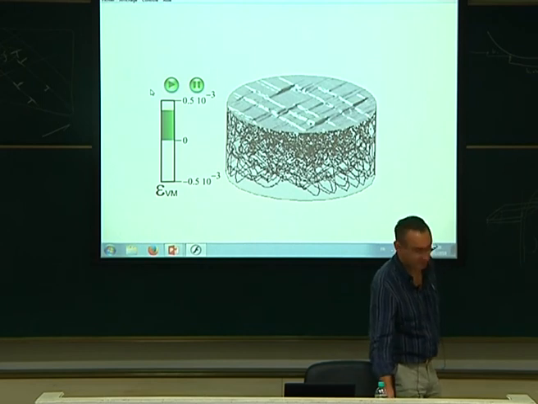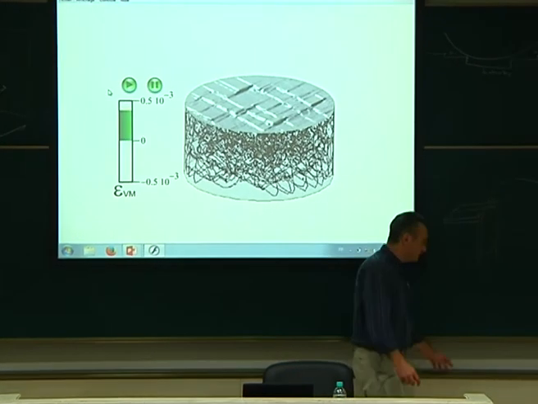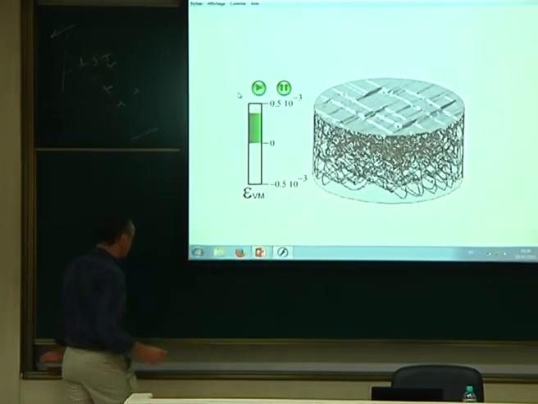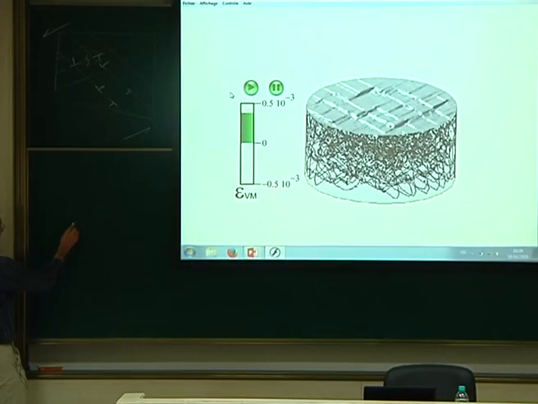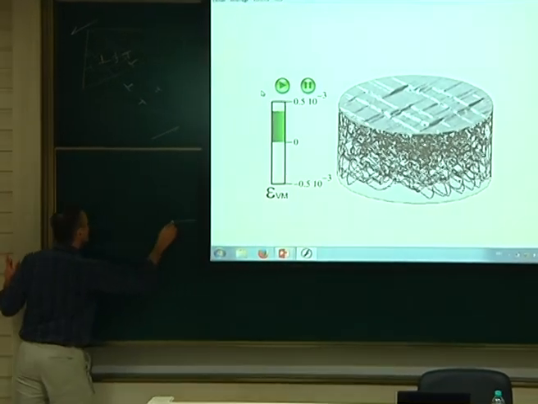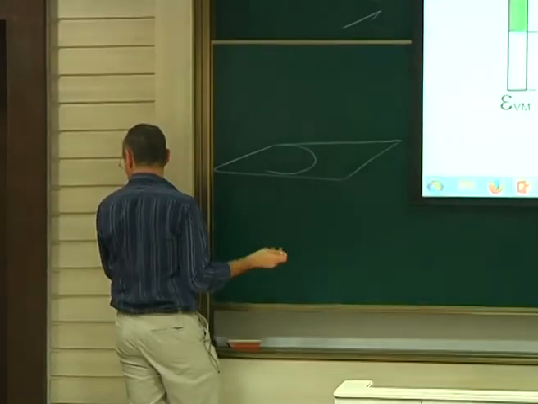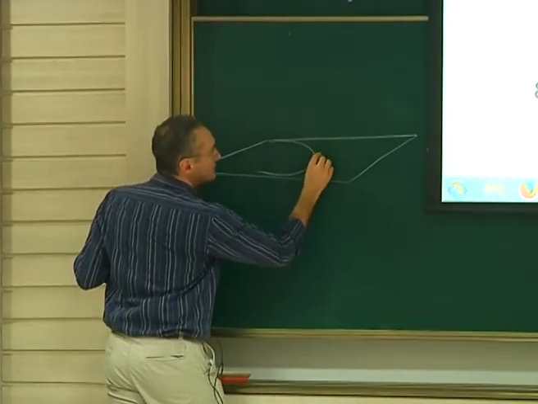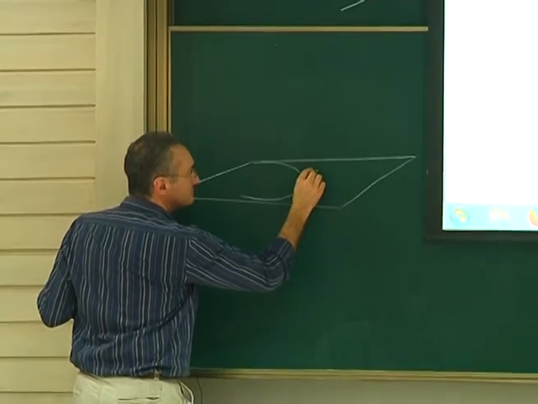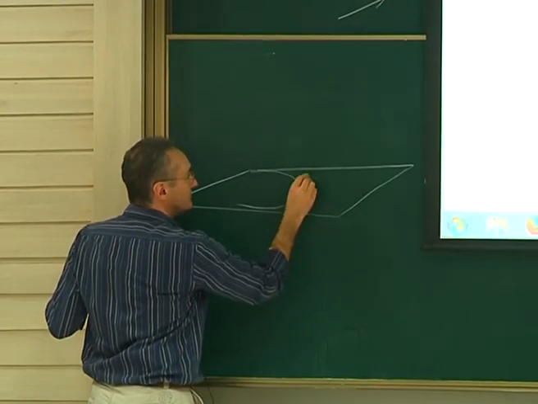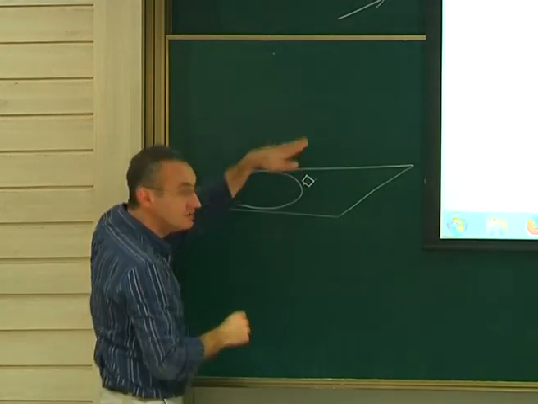Anyway, I don't know what the interaction is, but what I would say is what is important is the gradient. Actually, I can do it another way here. If I put my slip plane, to be sure that everybody understands, if I have my gliding dislocation that way, the plane, okay. If I put a dislocation just above the plane, let's put it that way. This is a prismatic loop which is not in the plane, a little bit above.